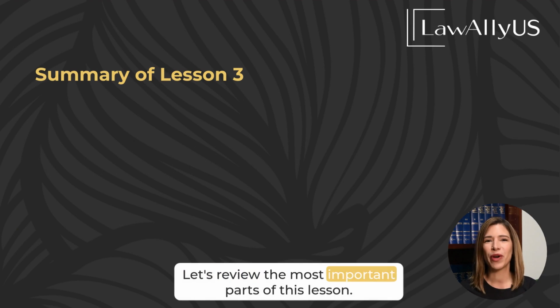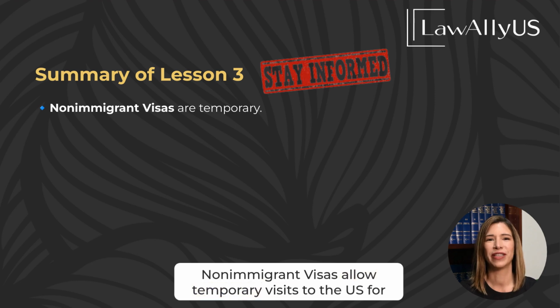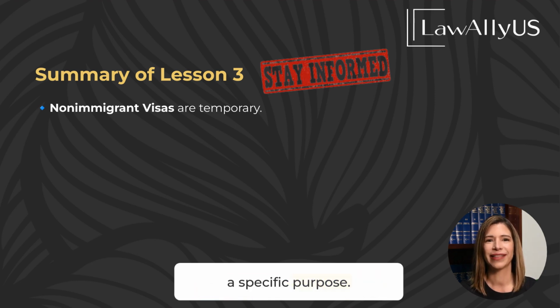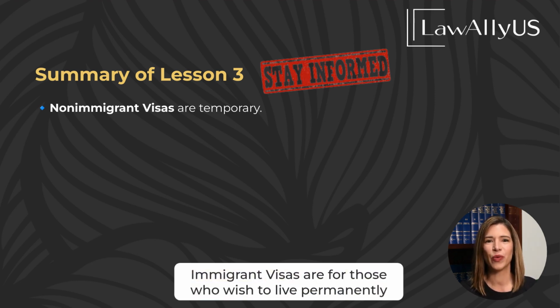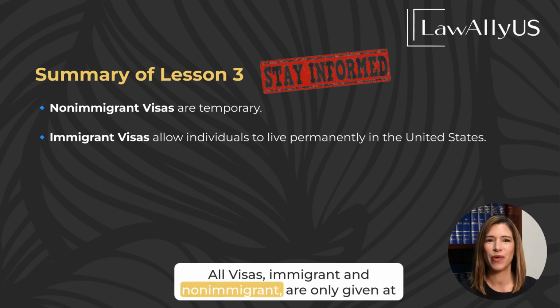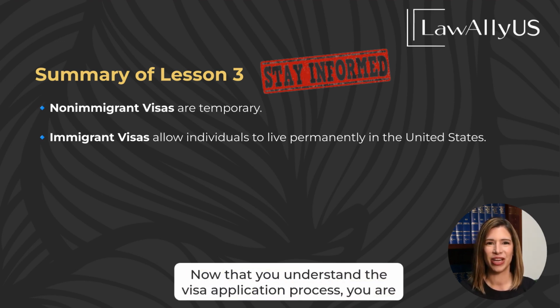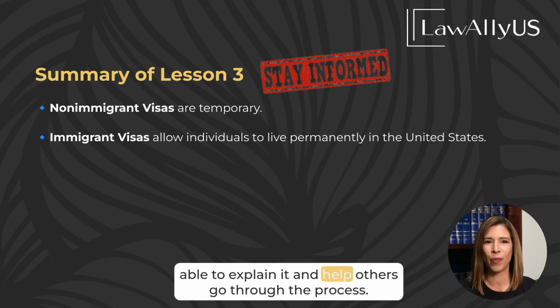Let's review the most important parts of this lesson. Non-immigrant visas allow temporary visits to the U.S. for a specific purpose. Immigrant visas are for those who wish to live permanently in the U.S. All visas, immigrant and non-immigrant, are only given at the U.S. Embassy or consulate abroad. Now that you understand the visa application process, you are able to explain it and help others go through the